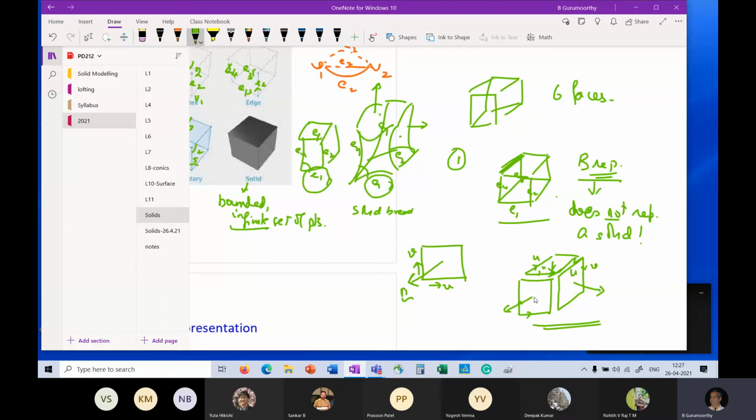When I'm walking from here to here, the material is at my feet because the normal is pointing up, material is inside, normal points away from the material. But when I come to the top face, suddenly, the material is not at my feet, it is actually above my head. All right. And therefore, the material containment information is not unambiguous.